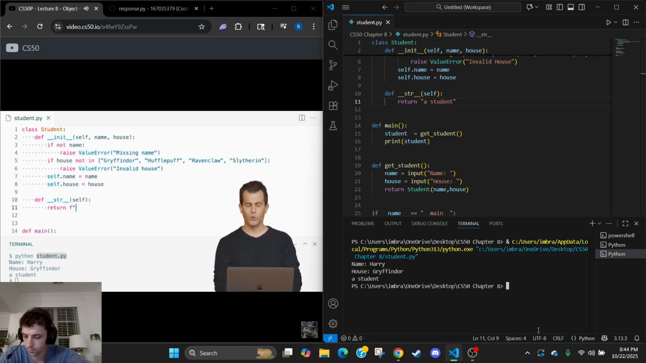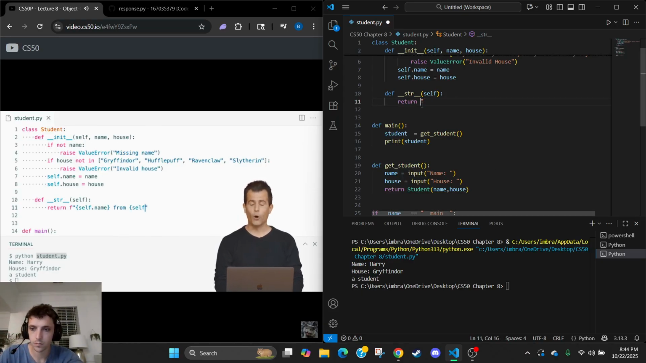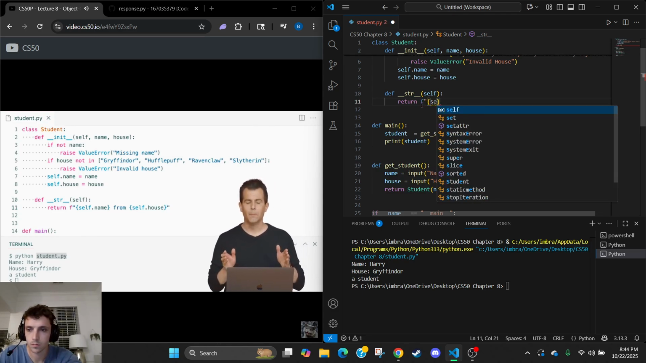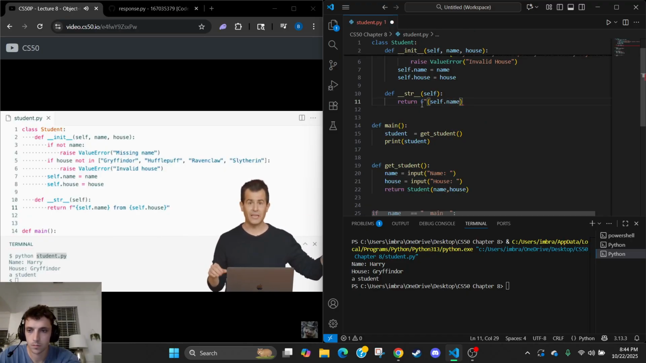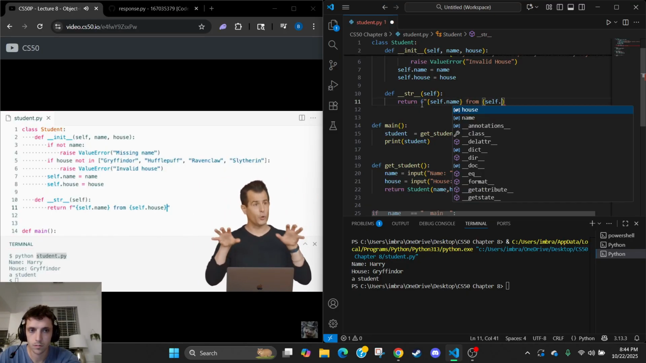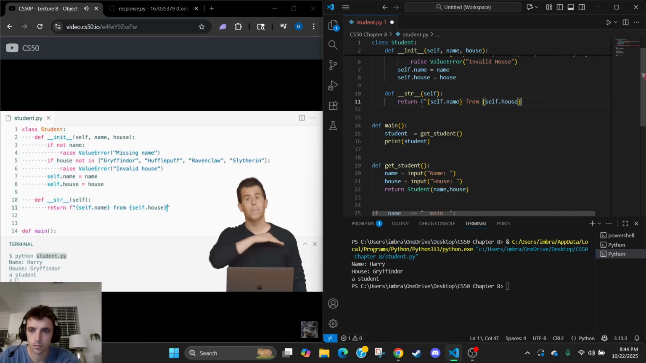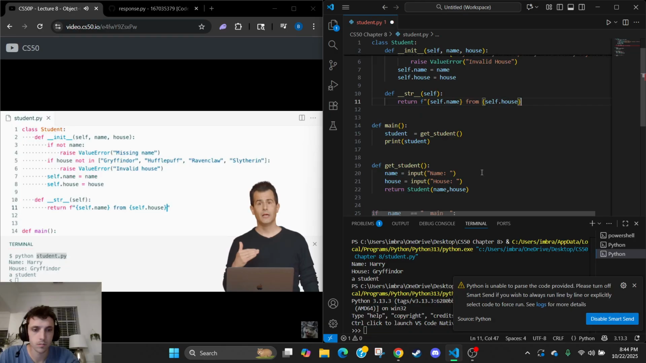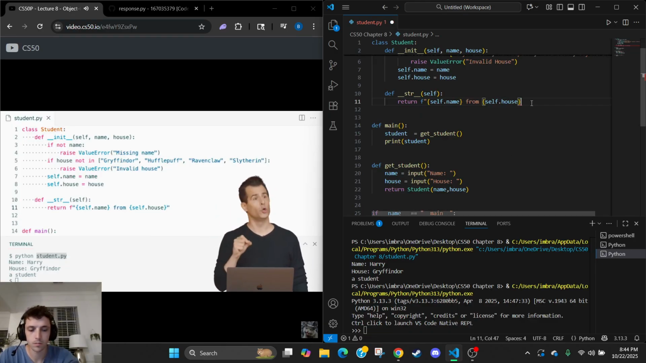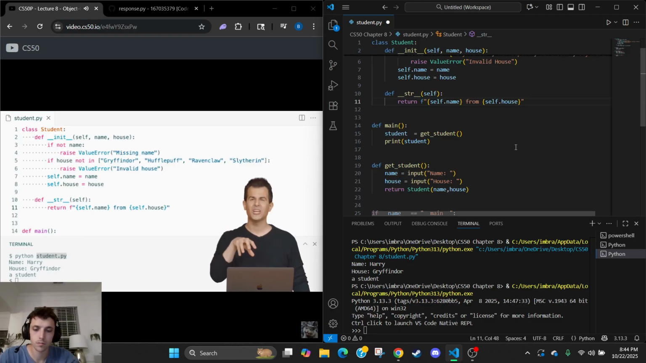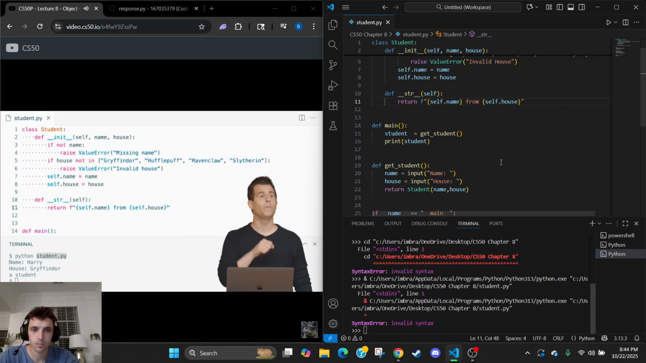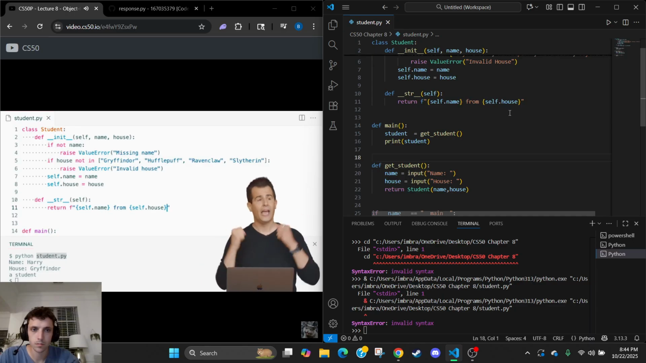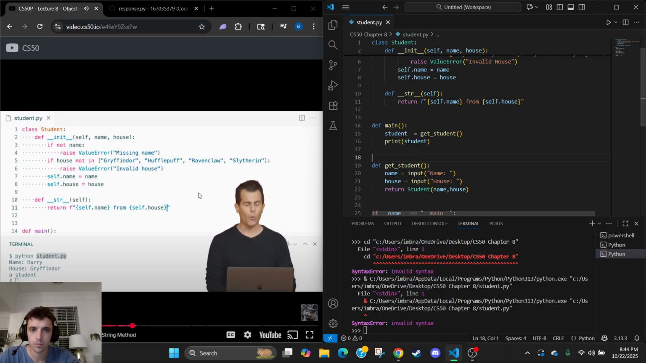Here's an f-string with double quotes as usual. I'm going to use some curly braces and say print out self.name from self.house. So there's nothing new in what I've just done. It's just an f-string, an f on the beginning, double quotes, a couple of pairs of curly braces. But because automatically this str method gets passed self, so to speak, a reference to the current object, I can go inside of that object and grab the name. I can go inside that object again and grab the house. So now when I go